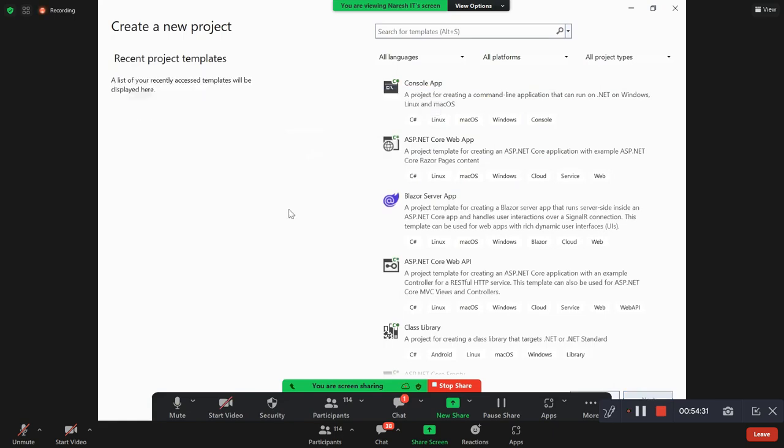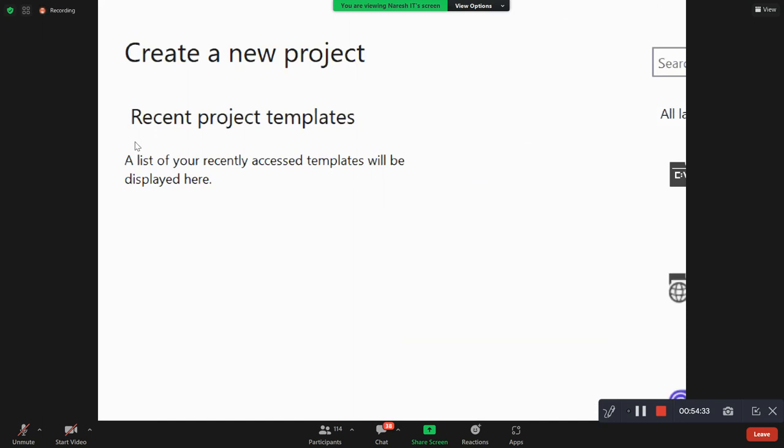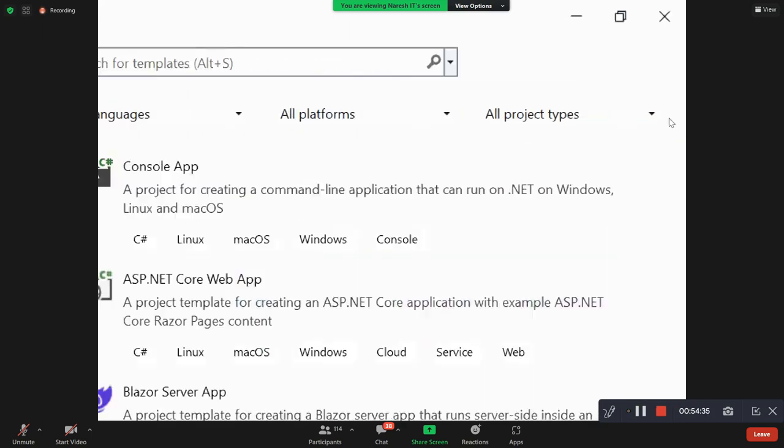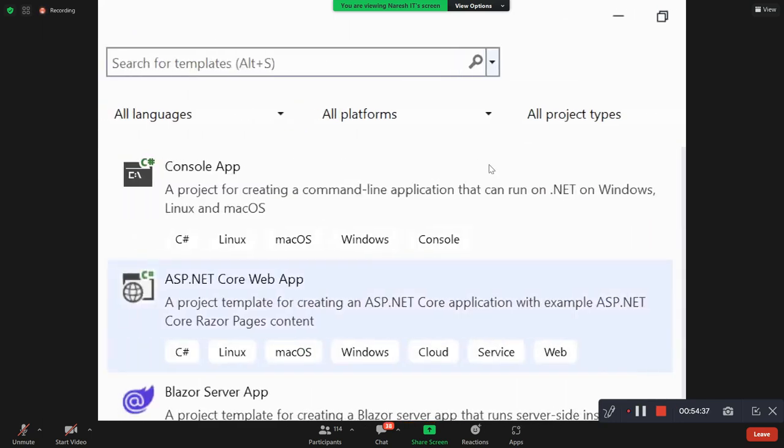Yeah, this is how you see when you open it. Create a new project. And on the other side, it will give you options to choose what type of project you want to create. You want to create a console application project, web application project, mobile application project, GUI project,